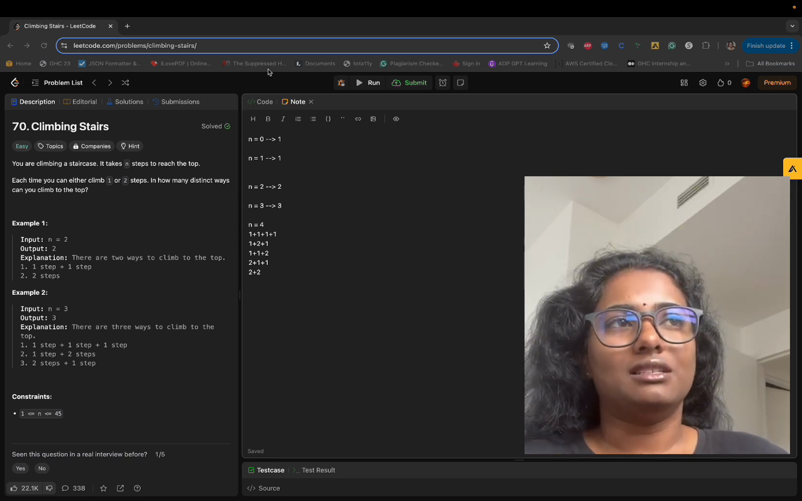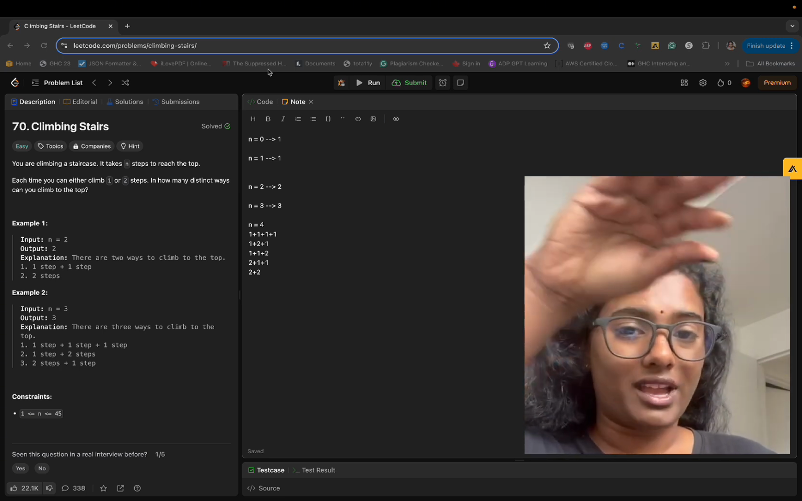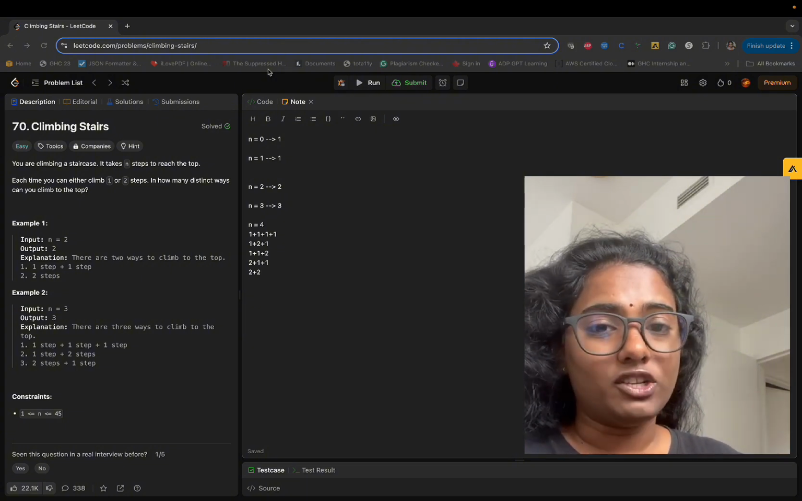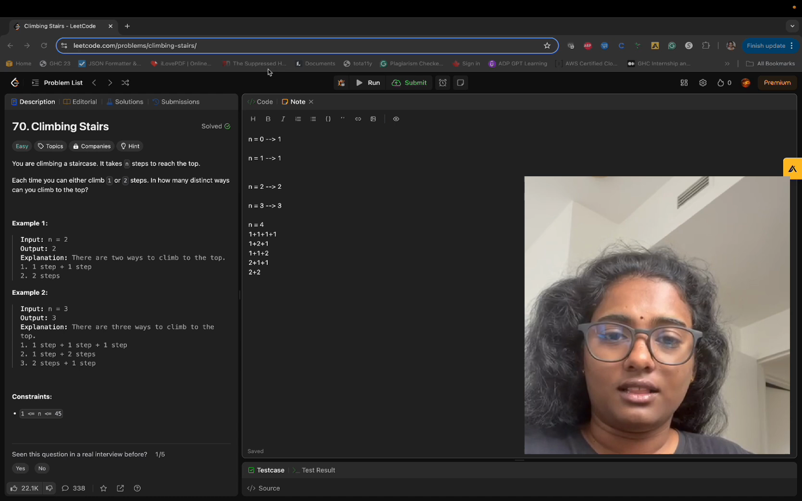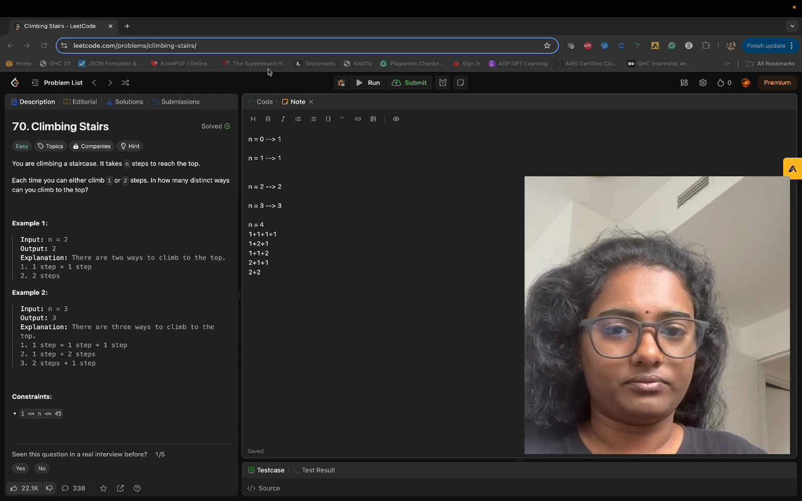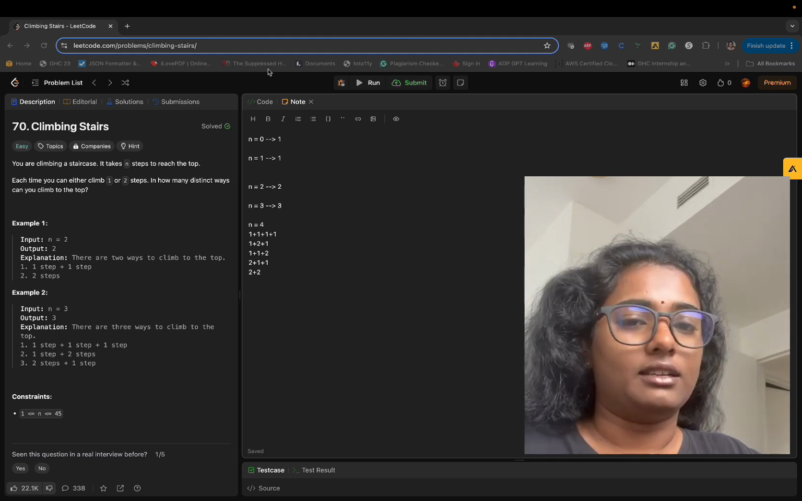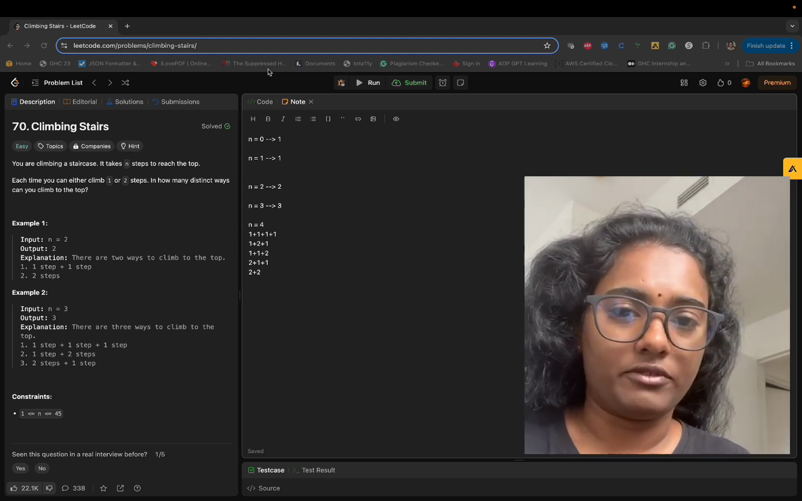So as you keep increasing the number of steps, you notice a pattern. The number of ways to get to the top of the nth step is actually the number of ways to reach the last step just before that nth step, plus the ways to reach the n minus 2 step. So we can easily solve this problem using that logic, and to increase the operational efficiency in terms